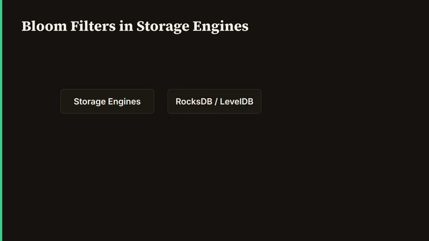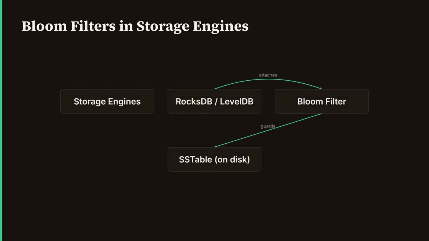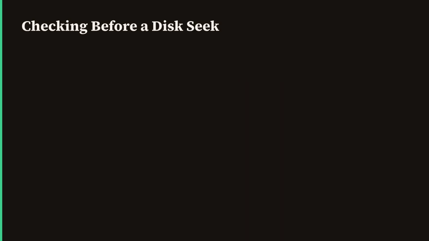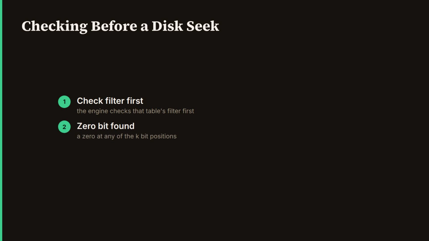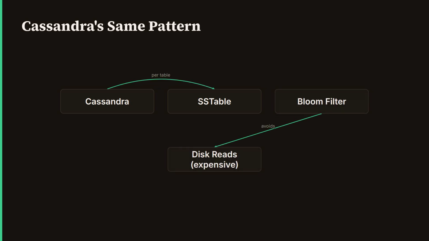This structure sits directly inside storage engines you have probably already used. RocksDB and LevelDB can attach a bloom filter to every SSTable on disk. Before doing an actual disk seek for a key, the engine checks that table's filter first. A 0 at any of the k-bit positions means the key is definitely not in that file, so the engine skips the seek entirely and moves on. Cassandra does the same thing per SSTable. For the same reason, disk reads are the expensive resource, and the filter is cheap enough to check thousands of